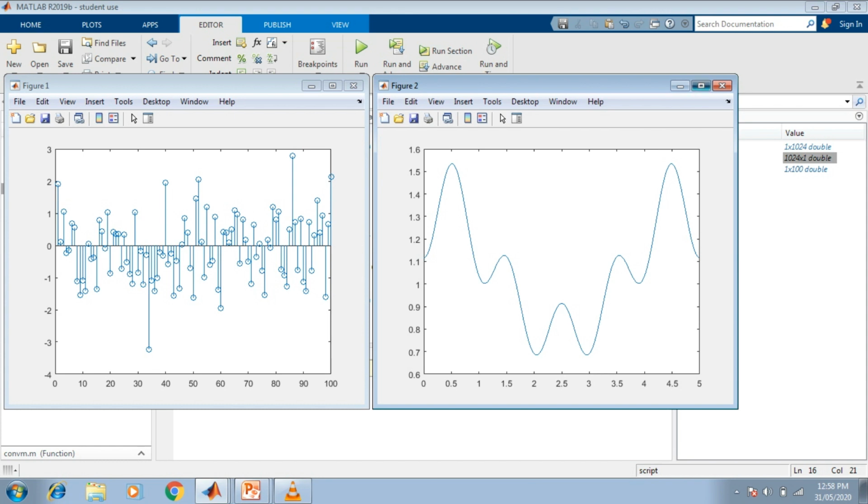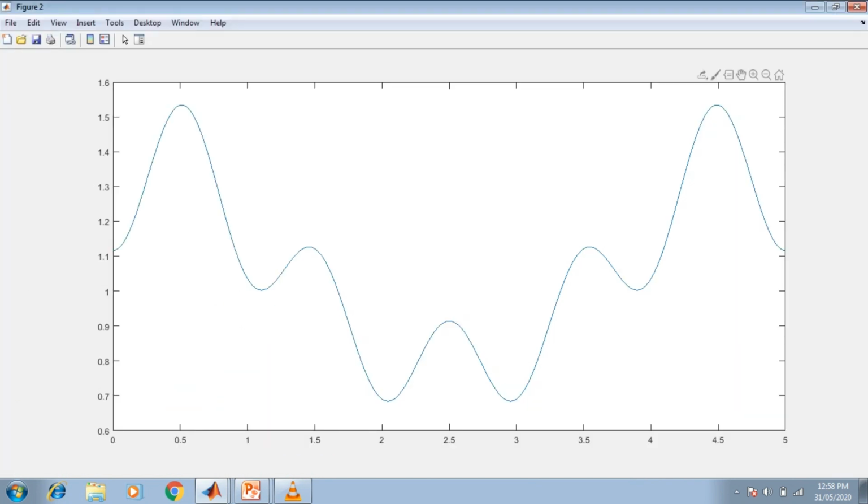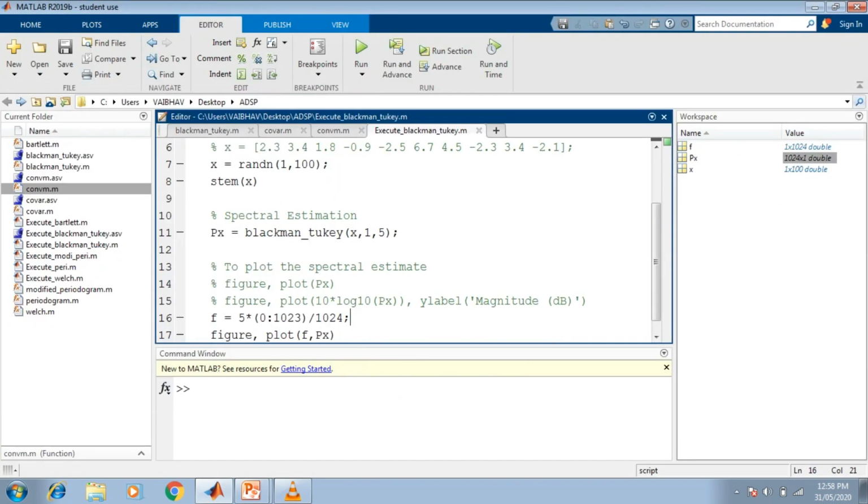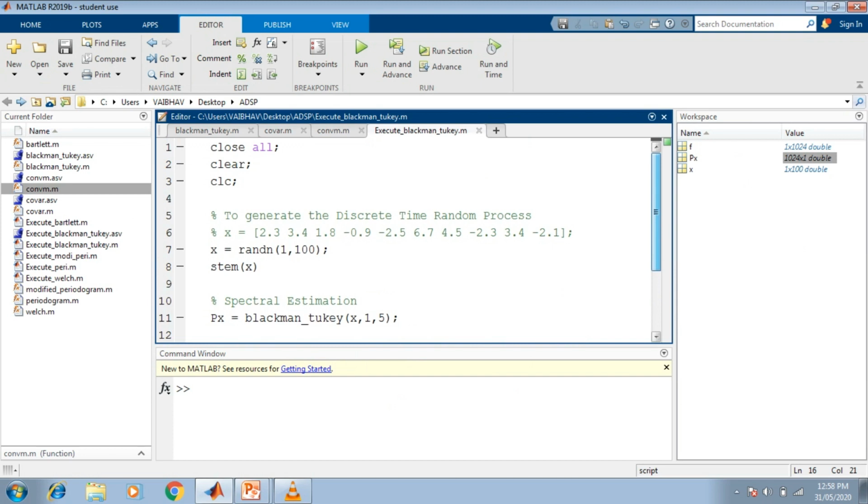This is the curve we maximize for the spectral estimation obtained for the given discrete time random process. Now, the generation of the discrete time random process we had in two ways: by the use of this function as well as the manual assignment of values to the variable x.